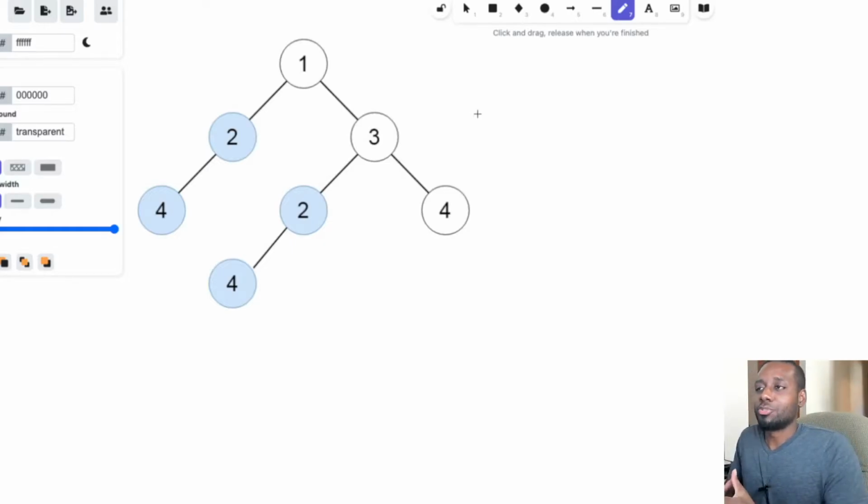I did a problem on that which talked about serialization and deserialization of a binary tree. If you haven't seen that problem, I highly recommend you go check that out. I went into a lot of detail on how we went about serializing and deserializing. It's a very good problem. So we serialize the subtrees,